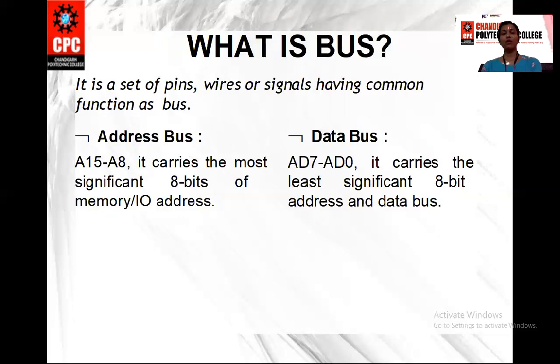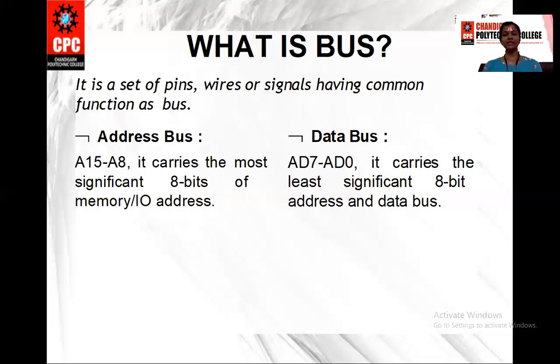For that, we have a signal that is ALE. ALE stands for address latch enable, whose work is to identify the address or data in the address data buffer. How? ALE is a signal whose value can be 0 or 1. If its value is 1, that means on the address data buffer, there is an address. And if its value is 0, that means there is data on the address data buffer.